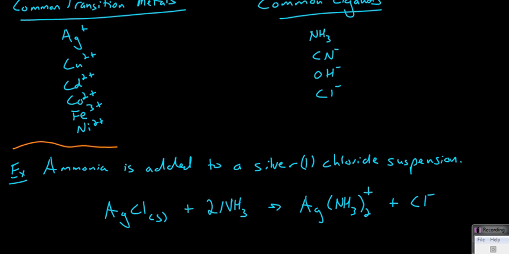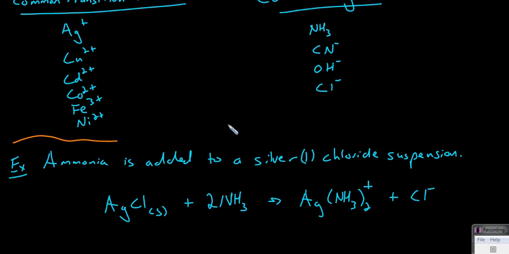And just as another example of the formation of a complex ion, we have ammonia being added to a suspension of silver I chloride. Now, by suspension, we mean that that is not a homogeneous solution, but instead there are small particulates of solid silver I chloride dispersed throughout it, which would eventually fall to the bottom of that mixture. And so we have solid silver chloride, which we're adding ammonia to. Now, silver has a charge of +1, and so it will have 2 ammonias attached to it, twice its charge, and so we'll get 2 ammonias attached to it and form this complex ion, and this will release chloride,